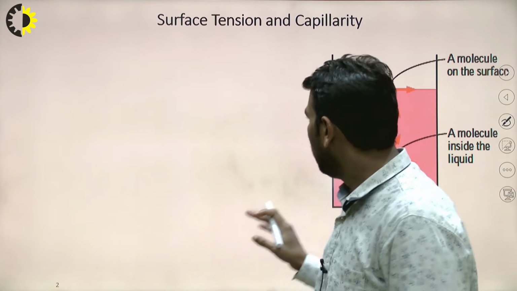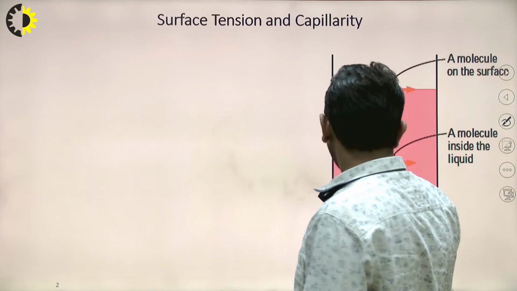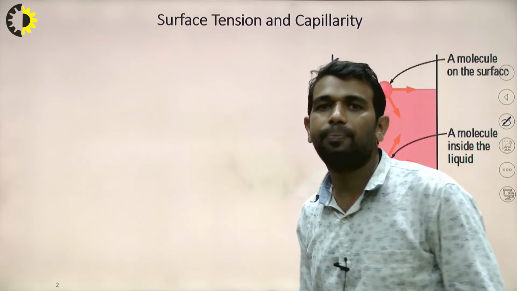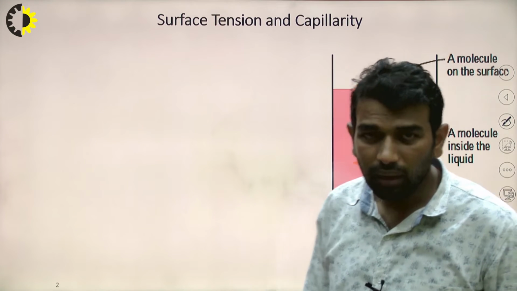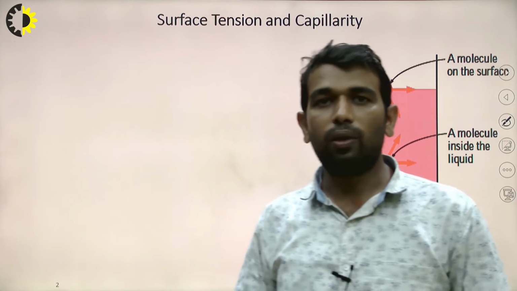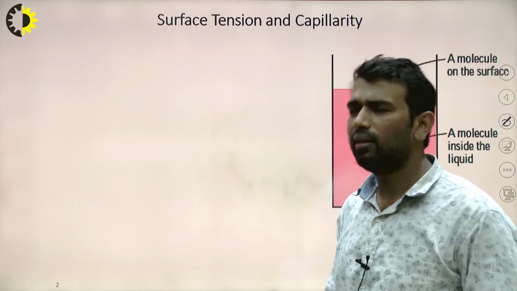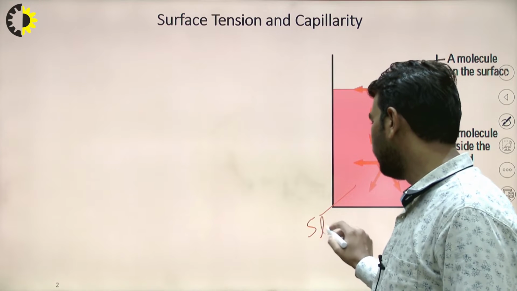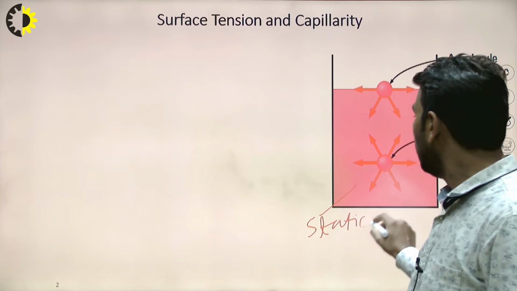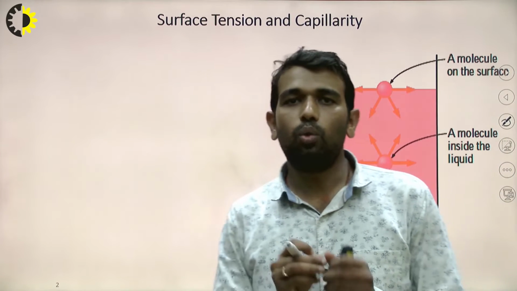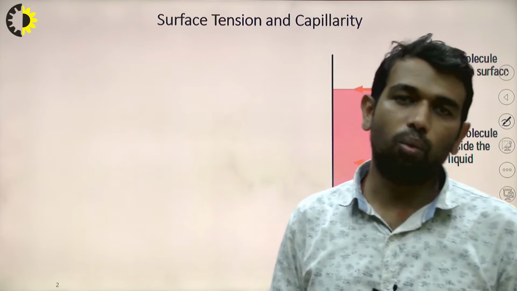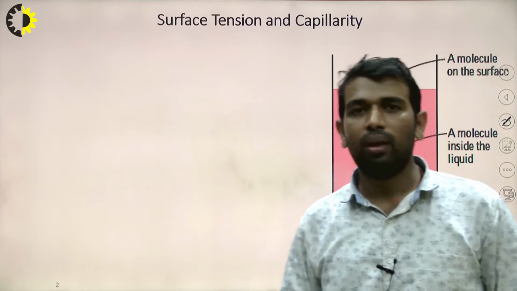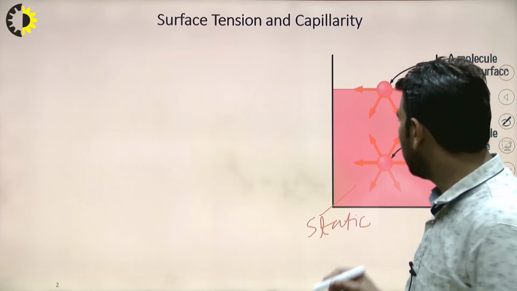If you see on the screen, we have a container. In that container, a fluid is filled. If we choose two different locations inside that container, you can understand this fluid is static in nature right now. So, if you see the two different locations in this container, one place is somewhere at the center. I choose one molecule of this fluid.